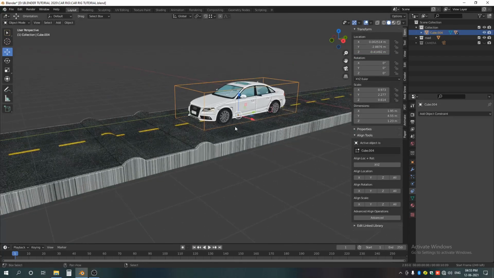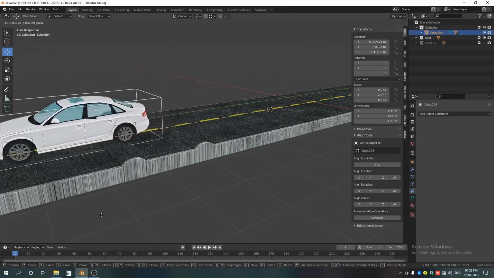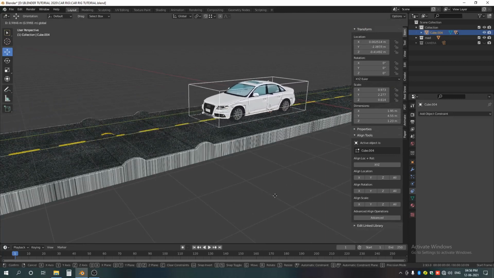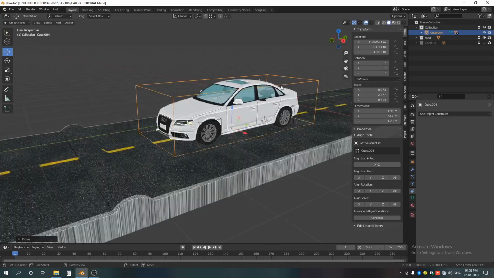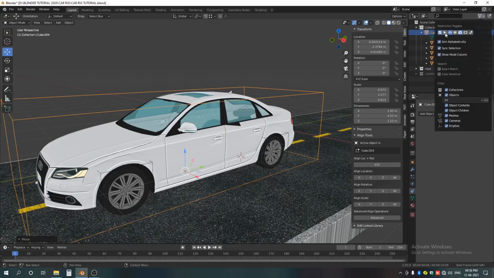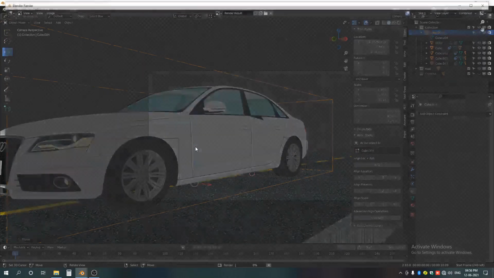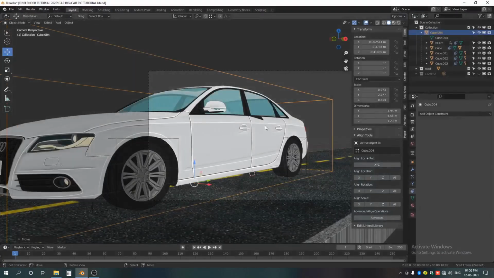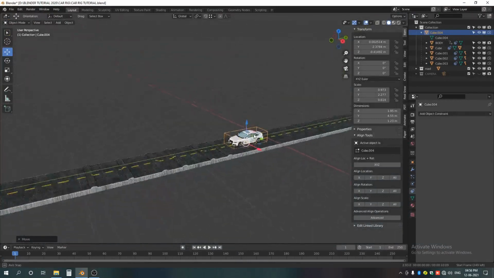So now our rig is almost ready, now we move our tires, so you can see that my car's body is reacting to that like this. So now you can animate our car, and don't forget to uncheck render for our cubes, otherwise you won't see anything. Like if I render it now, I see the box because I have to disable the rendering of these cubes. And now if I render, okay, now that's ready.